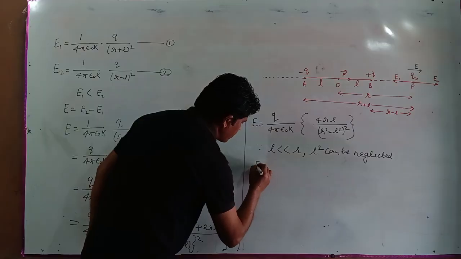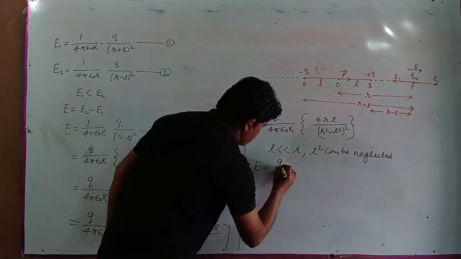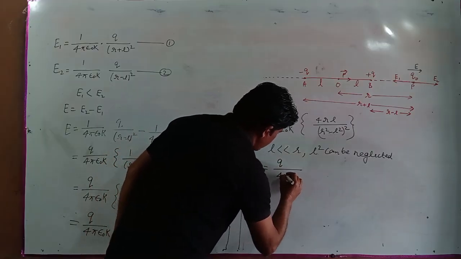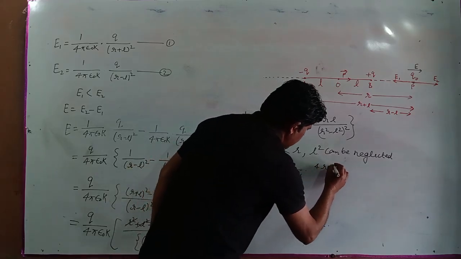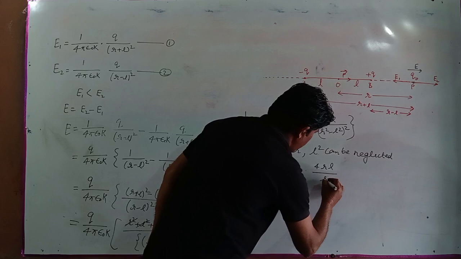Now our equation will become E is equal to Q over 4 pi epsilon naught K times 4RL upon R raised to the power